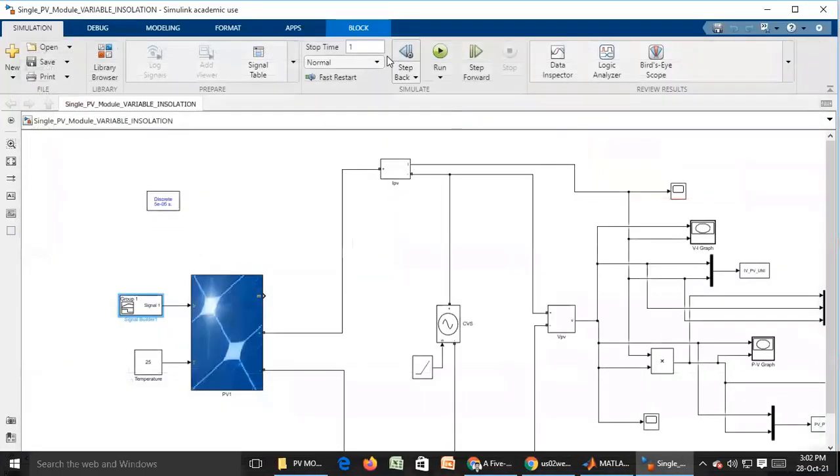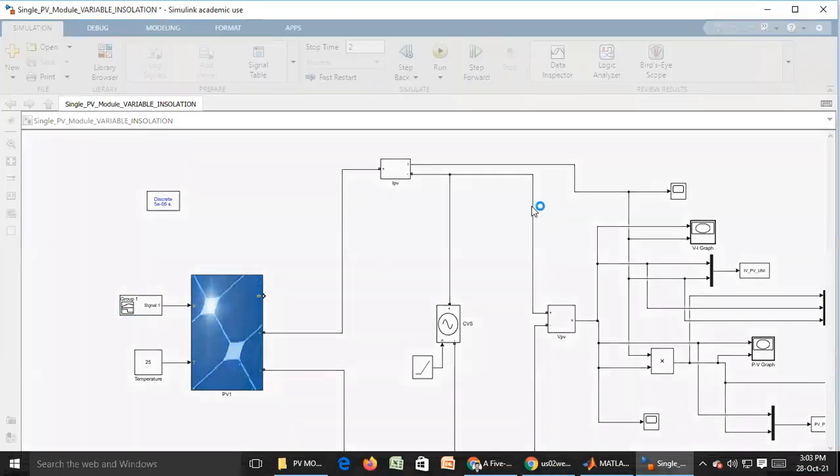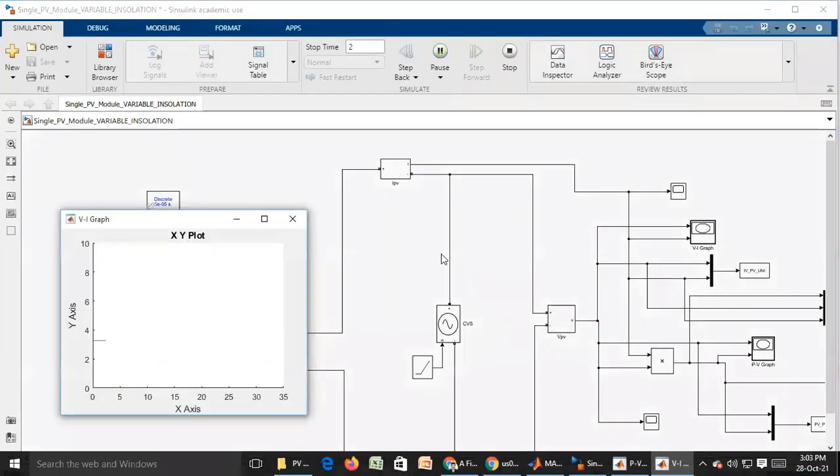Okay, so I'll run the model. We'll see when the irradiance is changing, how the waveform will be.